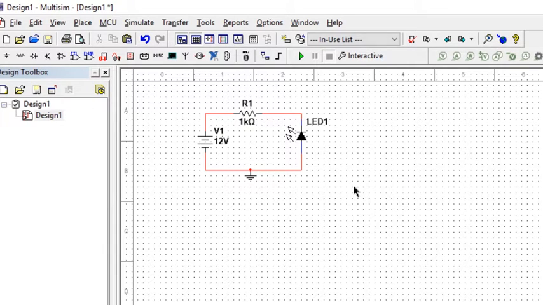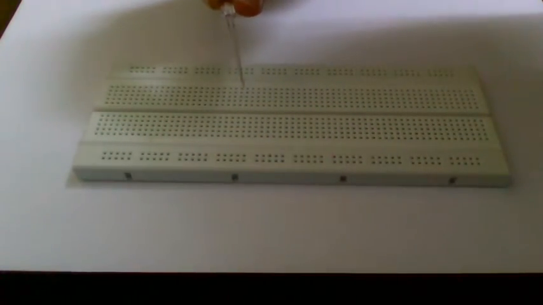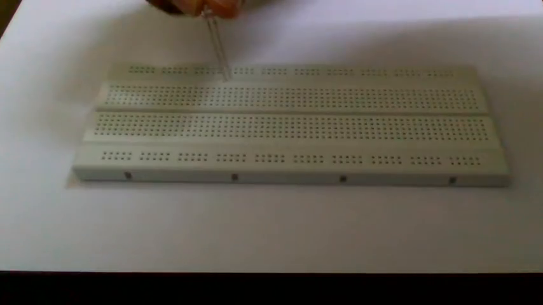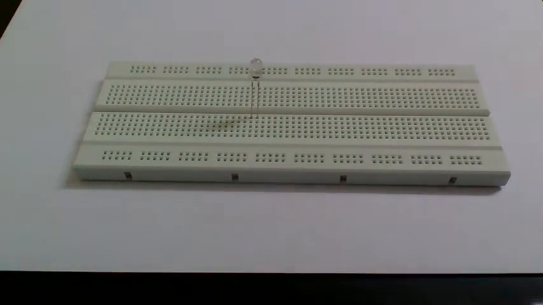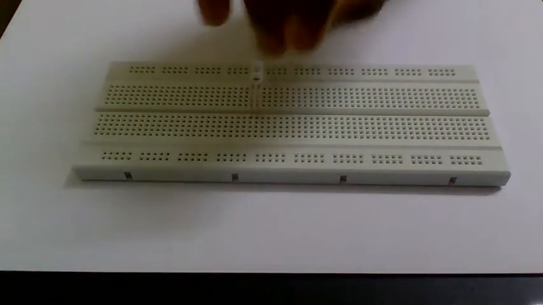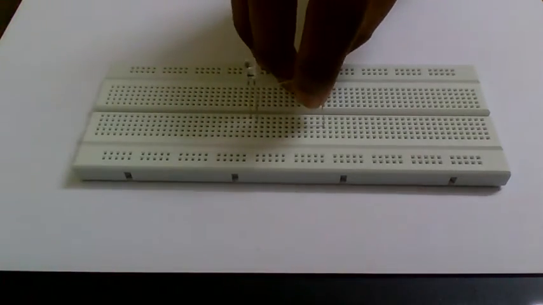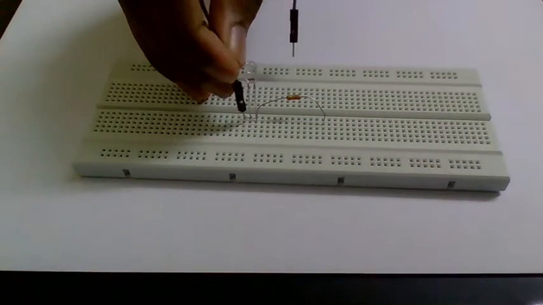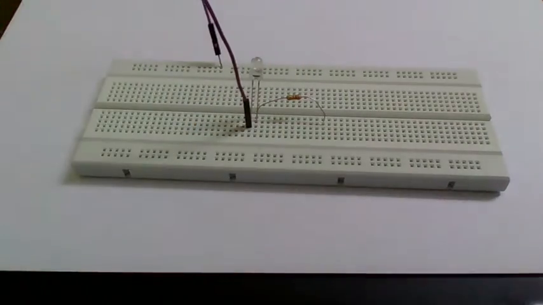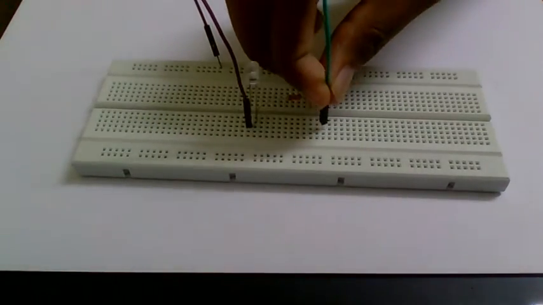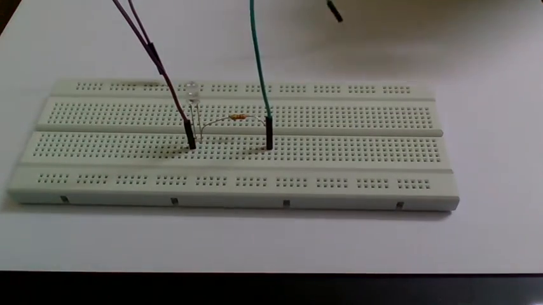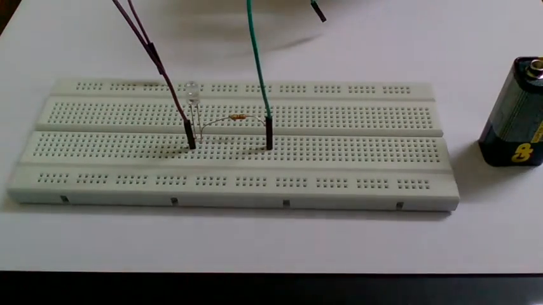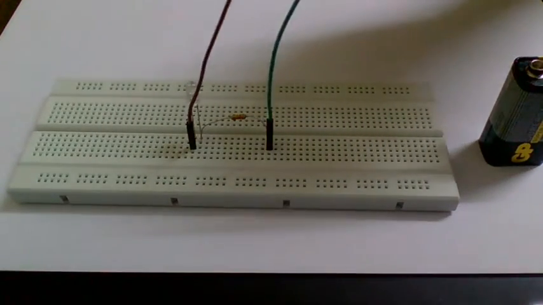Now let us use this configuration in our original circuit. I used a breadboard to make things easier. Let us make the equivalent circuit on a breadboard for our convenience. The longer leg of the LED is the positive leg or anode. The shorter is the negative or cathode. Connect one end of the resistor to the LED, while the other end simply goes to the power supply. This condition is forward biased. So the LED glows.